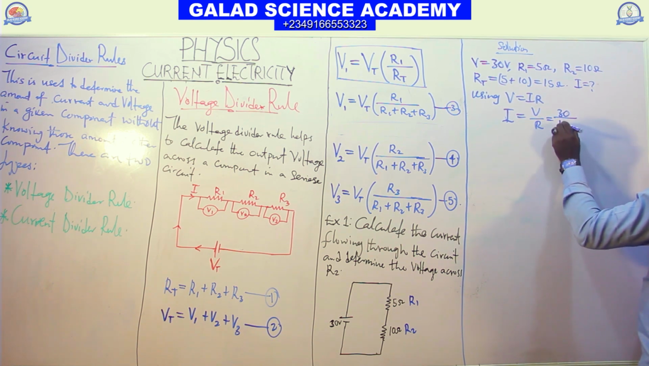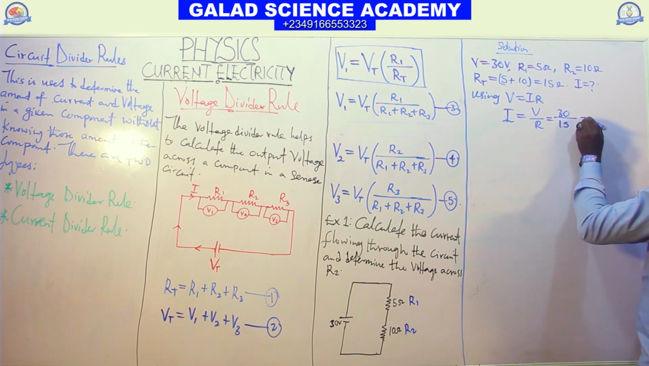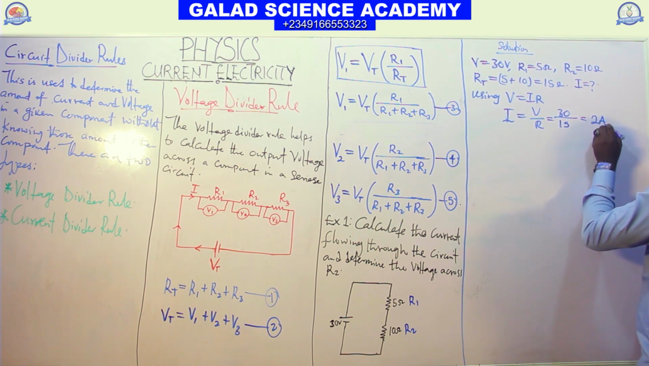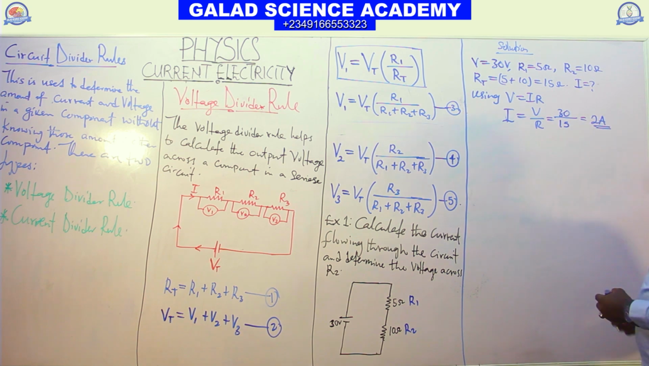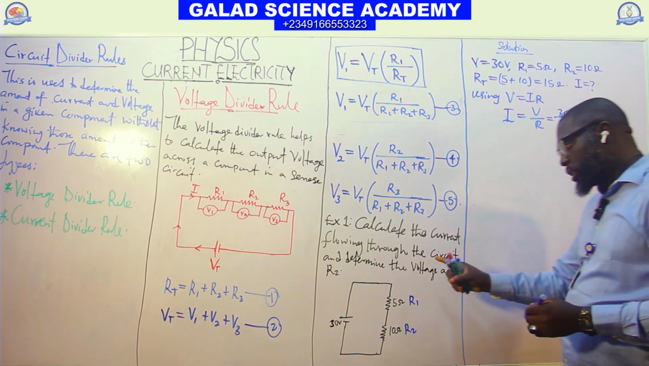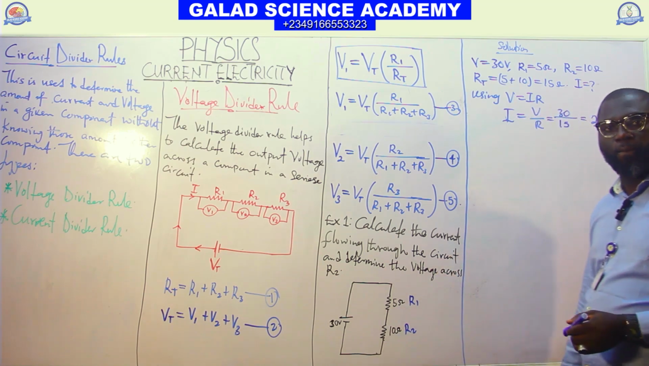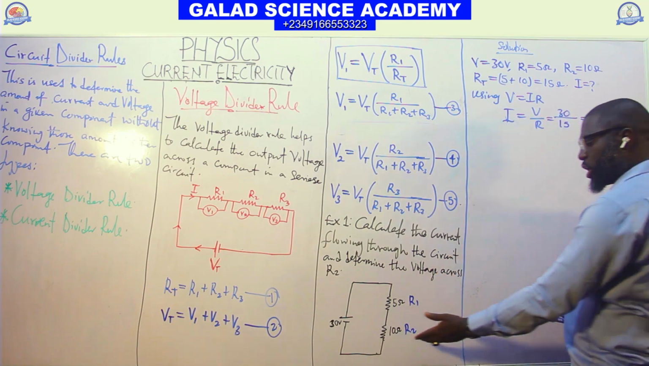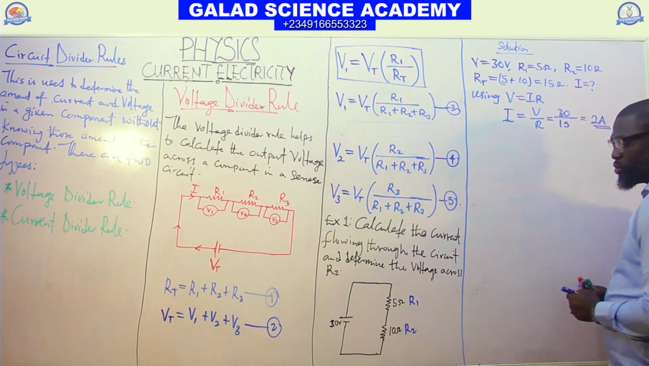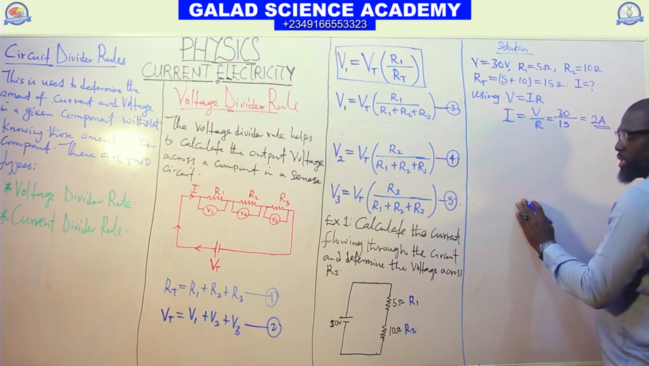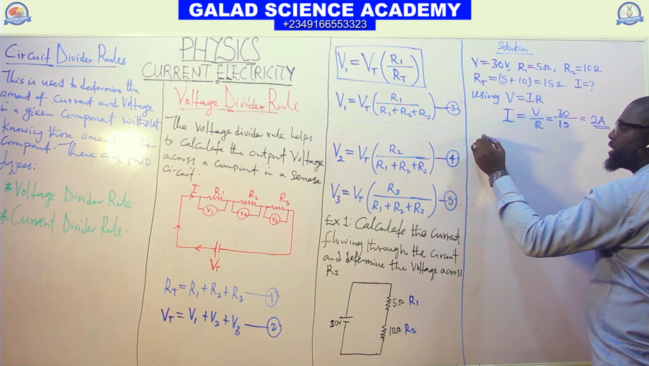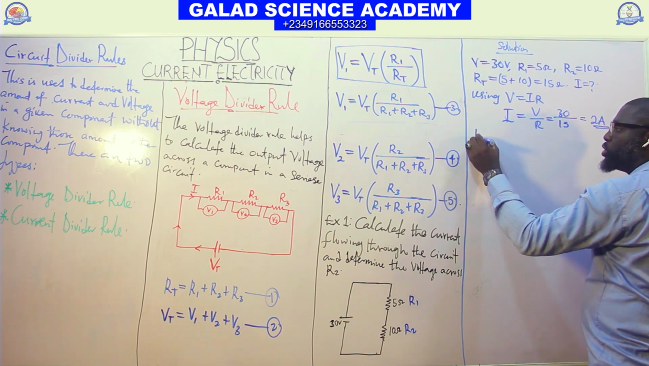R is 15. So divide it, we have 2 ampere. That should be our current. The second point is: determine the voltage across the R2. So to know the voltage across the R2, can I say using